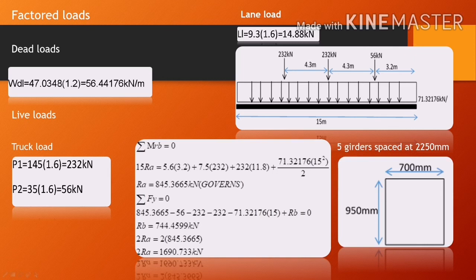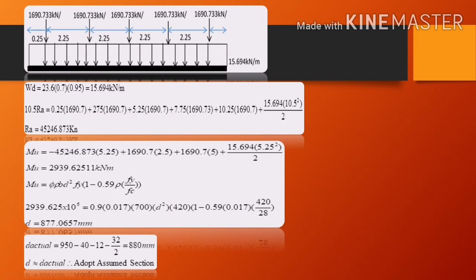1690.733 kN. We would now assume the number and the spacing of the girders, which would be 5 girders spaced at 2250 mm. We would also assume the number of the pier cups, which would be 700 mm by 950 mm. And then, we would place the computed value for 2RA to the point load of the beam, and compute the reaction at A, which would be equal to 45,246.873 kN. We can now compute for the maximum moment at midspan, which would be equal to